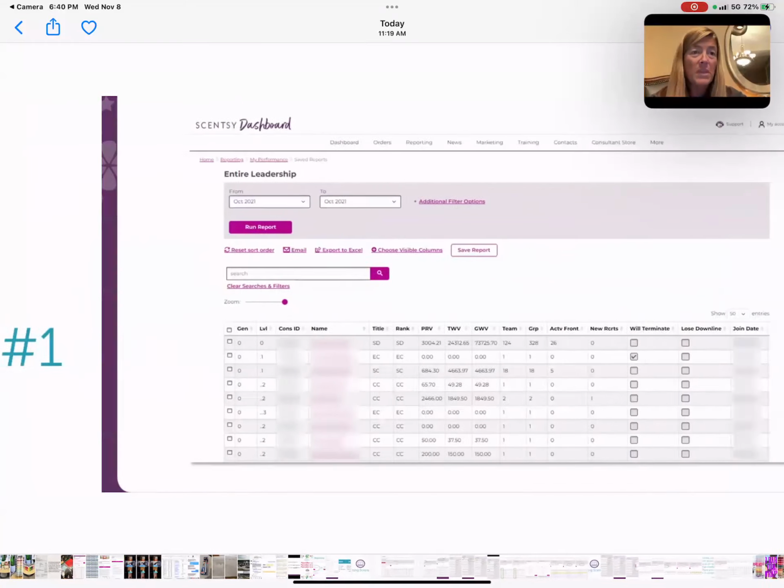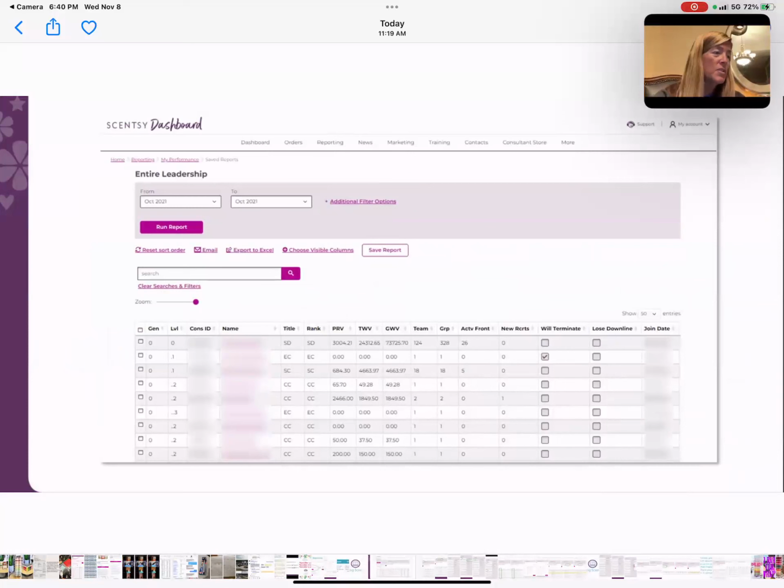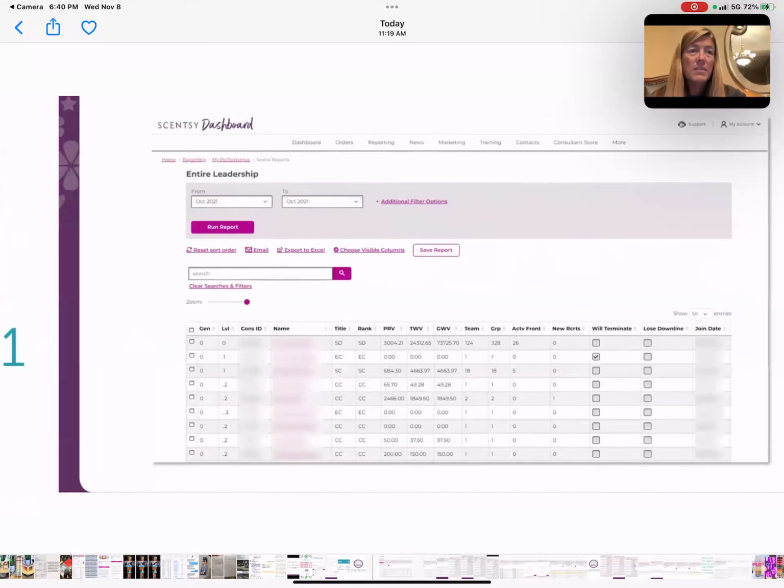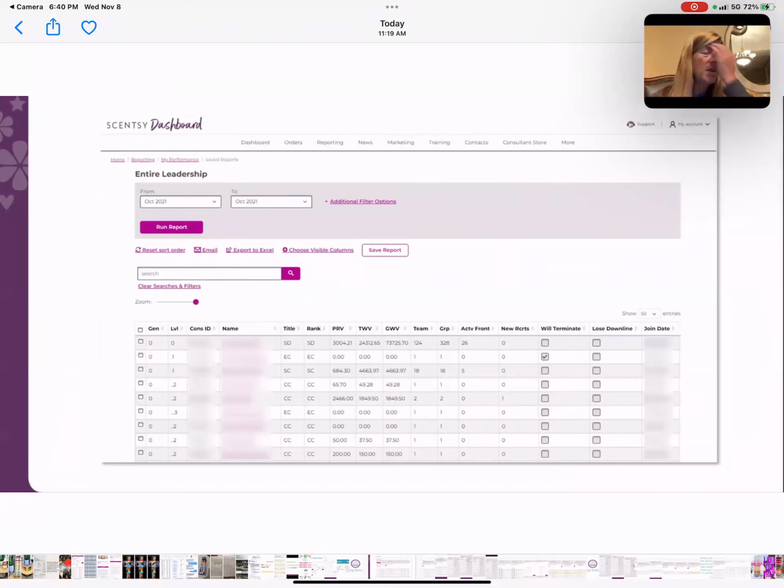Okay, so here's the first reporting scenario that we're going to do, and you guys can follow along with me here if you'd like. So the first thing that we're going to do is we are going to create a one-click report, and we want to make sure, which I thought I had this on here, guess not, maybe that might come down later, but I'm going to talk about it anyways.